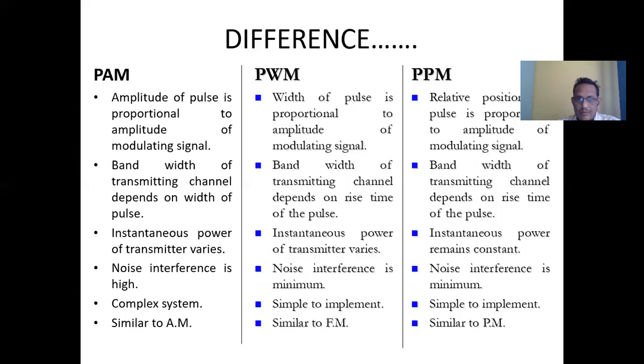In the next lecture, we will define how to convert an analog modulation technique into a digital one. For that case, we require 3 different processes or parameters: the sampling process, then quantization, and the encoding. So in the next PPTs, we will define the sampling process, sampling theorem, quantization, and encoding, and we will explain with an example how to convert a pulse and any analog signal and any analog modulation technique into a digital one. Okay, thank you.